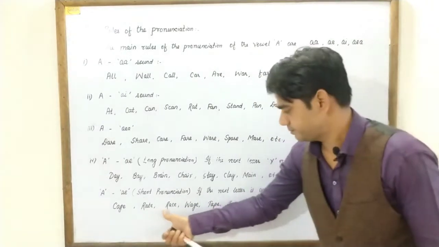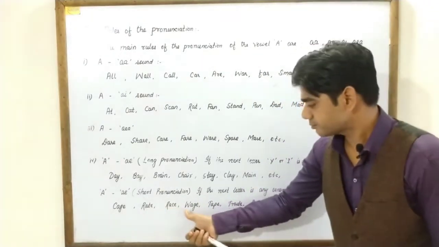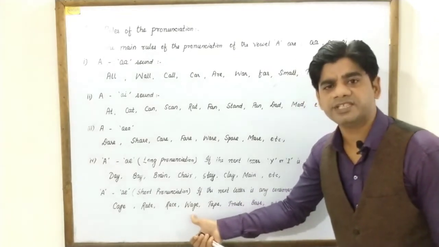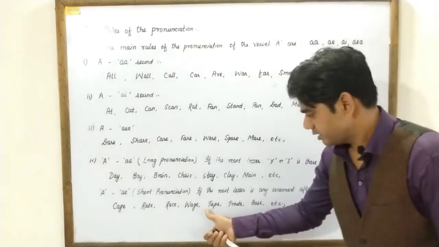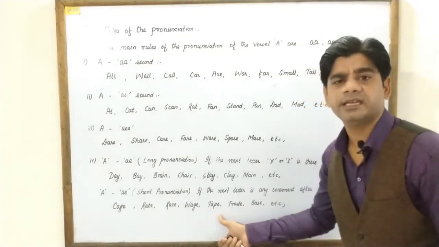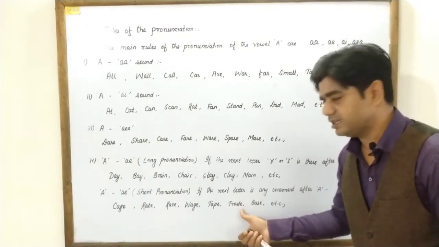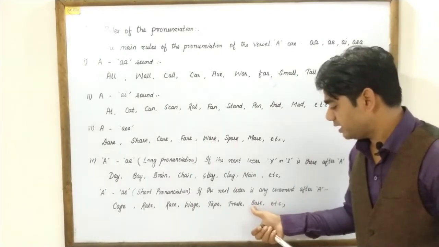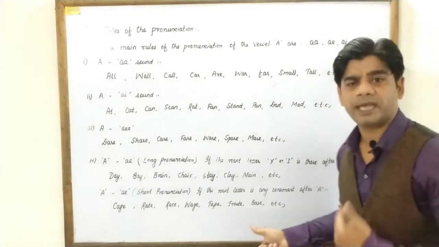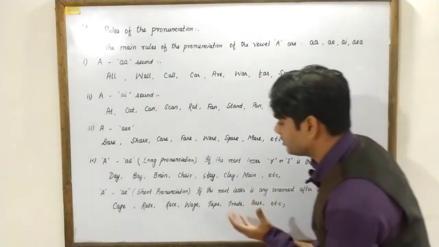Now this one, R-A-T-E, rate. R-A-C-E, race. W-A-G-E, wage. Not wage. T-A-P-E, tape. T-R-A-D-E, trade. B-A-S-E, base. So these are the words that contain letter A, but it's producing the A sound in a short pronunciation,